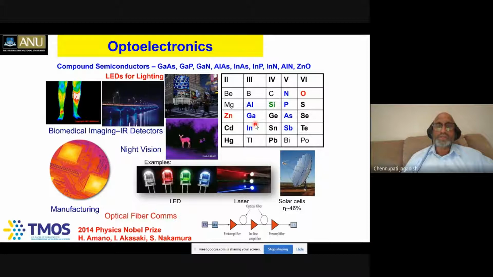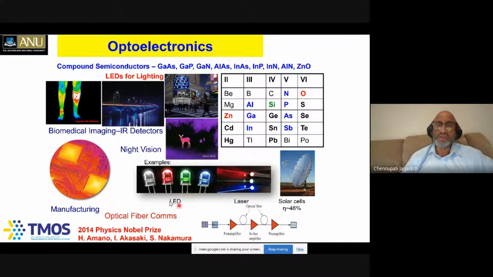In fact, the developments in nitride technology have led to the blue LEDs, which led to the Nobel Prize for three Japanese scientists, because the blue LED was a missing link. We already had a red LED and a green LED using these materials. But without the third primary color, it was difficult to make white LEDs. But now it's been developed, all three LEDs are available. People are able to make white LEDs, and in fact, all the LED lighting in various places, and also large area displays, are due to the developments in LED technology.